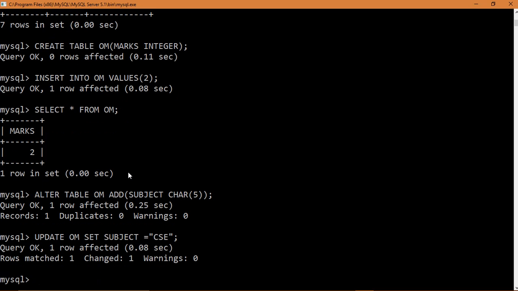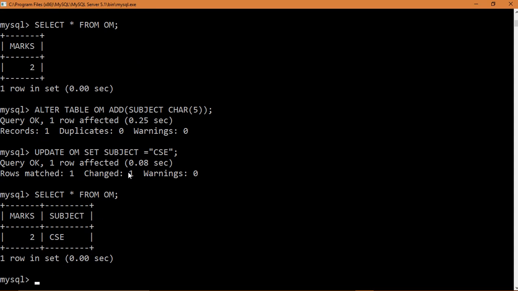Fine, it has been added. Now we will see select star from Om. Okay, now you see your new table has been created. So it was for your revision only, so that you may be able to grasp the concept properly.